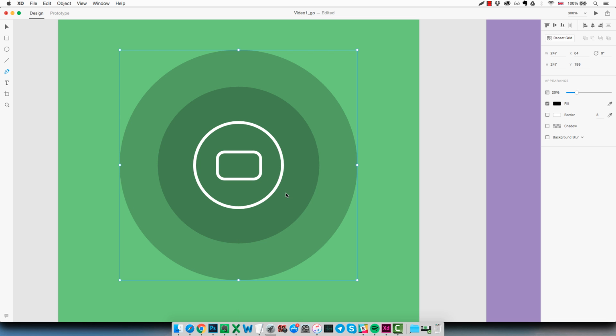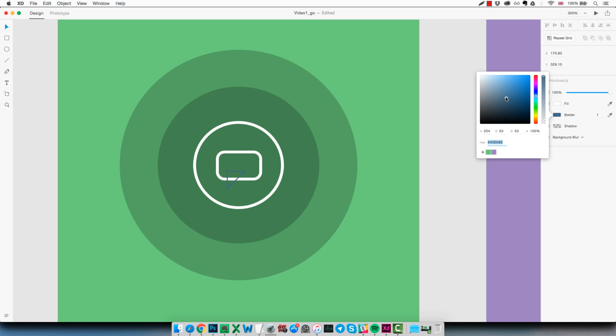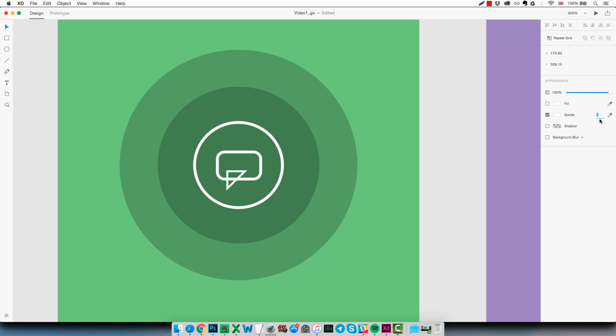So we're gonna do that by using the pen tool, which is this tool right here. We're going to create a little triangle by setting some anchor points. First we click inside the little rectangle, then holding shift we go down a little bit, click again, holding shift again to have a 45 degrees angle. We do another click, and then we close the triangle like this. Here we go. So now we change the border to white, increase the size to 3 pixels, and then we're going to select